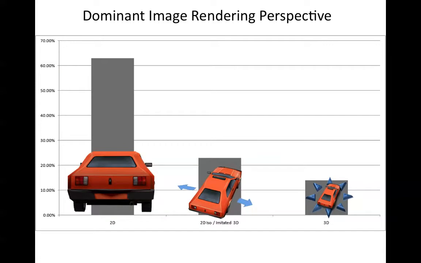We also looked at how often games used 2D, isometric or imitated 3D, and then true 3D. You can read the paper to understand how we define true 3D, but essentially we're looking at the difference in being able to manipulate and view the world. A true 3D render in this perspective is not necessarily a stereoscopic 3D as computer graphics would typically describe it, but more so 3D in that you can change your view, rotate your view, and there's variability there. What you can see from this graph, it's quite obvious, is that most of these games were 2D.